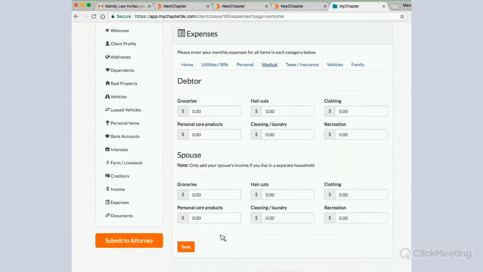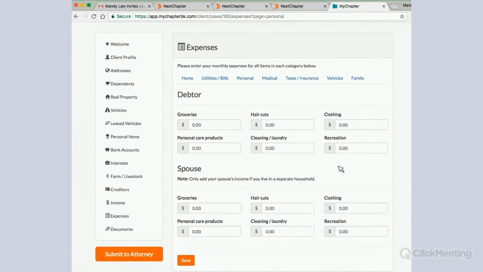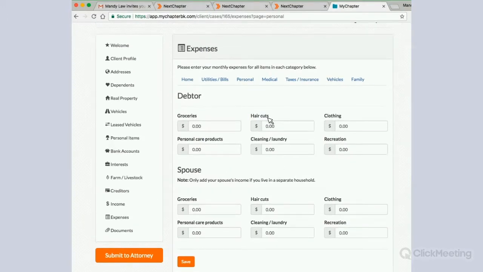We do have down below a section for separate expenses for the spouse. And this is just in those occasions where they have a separate household, and we're going to show this information on Schedule J2. So we do put a note in here to only add this income if they do live in a separate household. So most of the time they would just add everything in the first part. So once they save that in here,